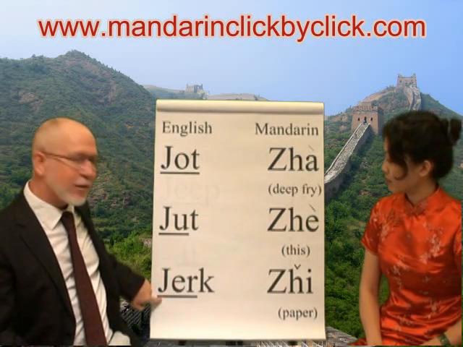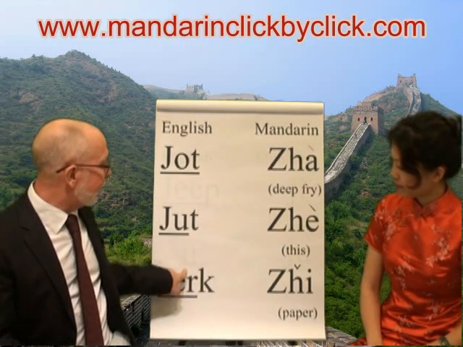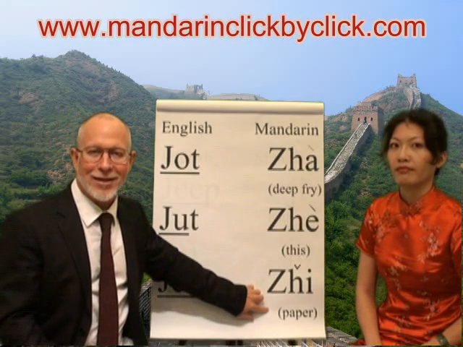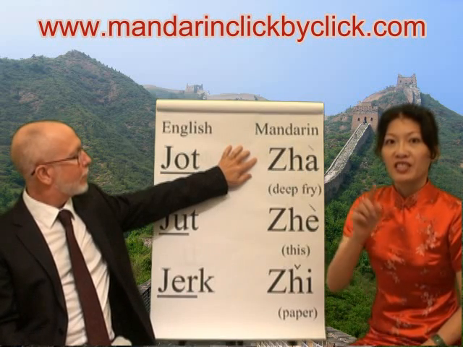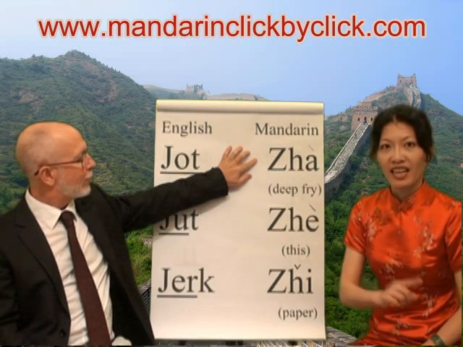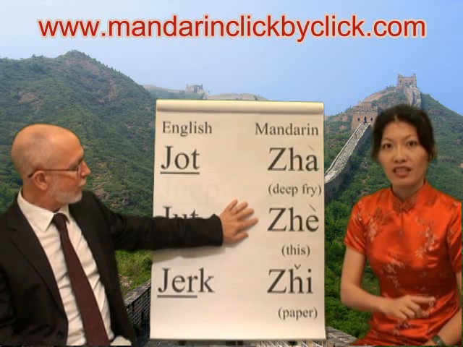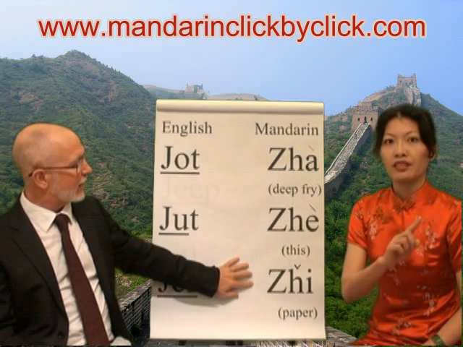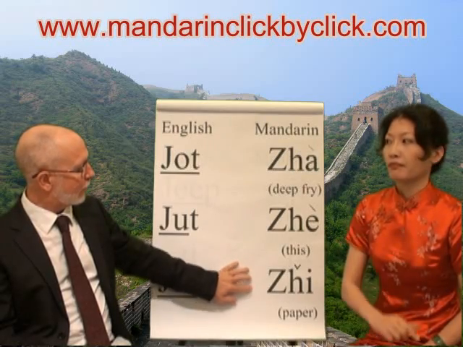And then if you look at the English word "jerk," you take off the K, and if you give it a third tone, you have zhi, which means paper in Chinese. Can you say that for them, please? 炸，炸，炸，这，这，这。纸，纸，纸。